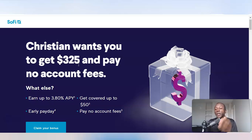Okay? And then this additional $300 bonus, if you want to get that, that's just going to be based on various tiers, right? If you deposit anything equal to or greater than $1,000 but less than $5,000, they'll give you a $50 bonus. And then if you have direct deposits coming through of $5,000 or more within 25 calendar days of your first direct deposit, that's how you'll get that additional $300 bonus. But we're more concerned right now about just getting that $25 bonus, and then as an affiliate,